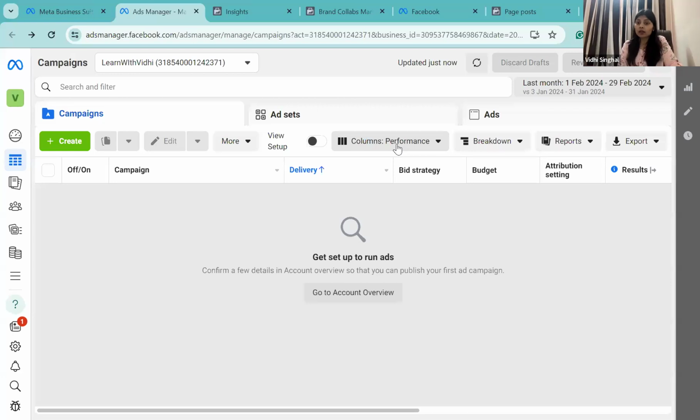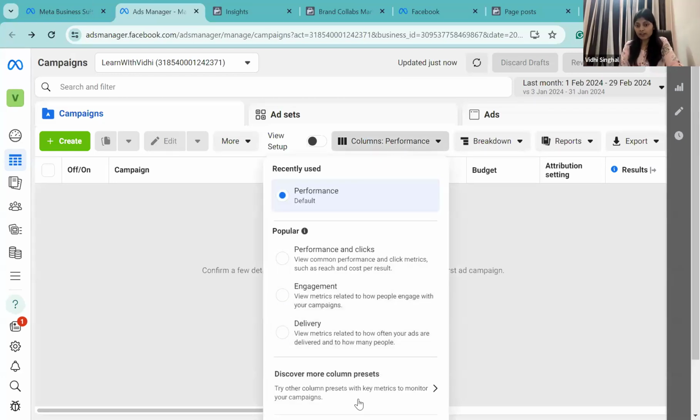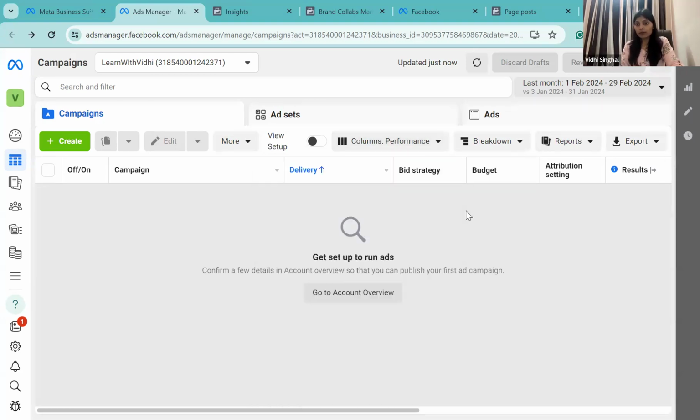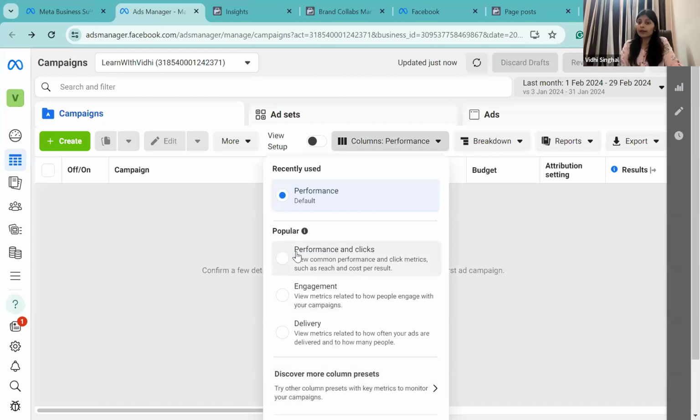In this columns performance, you can actually control the metrics that you want to see in your performance over this dashboard. So these are the few metrics right now that you are able to see. If you want to change them, you can go and change it over here. You can either select the pre-prepared metrics according to the objectives, or else you can actually create your